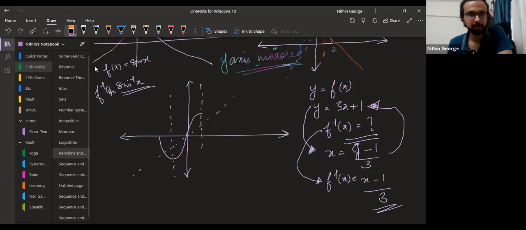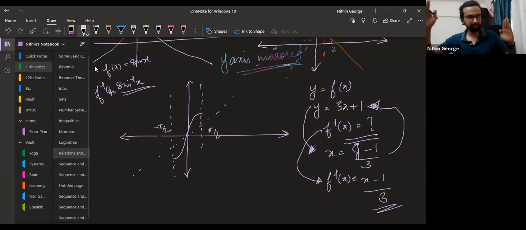For any function like sine, where it keeps on repeating, you really can't define an inverse function. Whichever function is periodic, it keeps on repeating. You cannot define an inverse function, but they made it in a way such that you can. So they took it within the principal domain. You know what principal domain is, right? For sine, it is minus pi by 2 to plus pi by 2. They restricted the domain to minus pi by 2 and plus pi by 2. For sine, they do that.